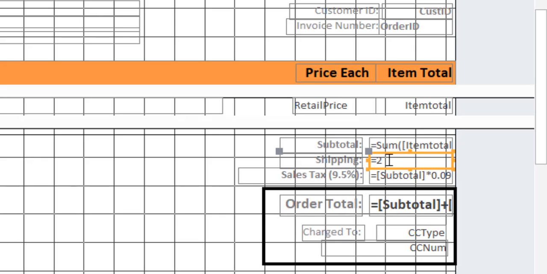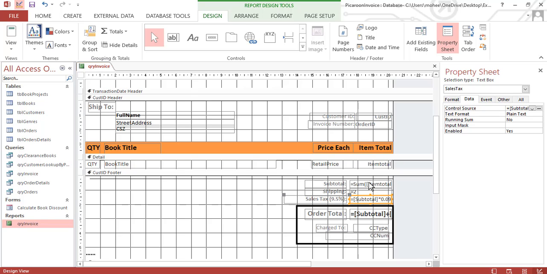In the shipping box we can enter a value directly, beginning with the equal sign. For example, we charge $2 on every delivery, no matter how many books you deliver. And in the third column we charge sales tax of 9.5%.